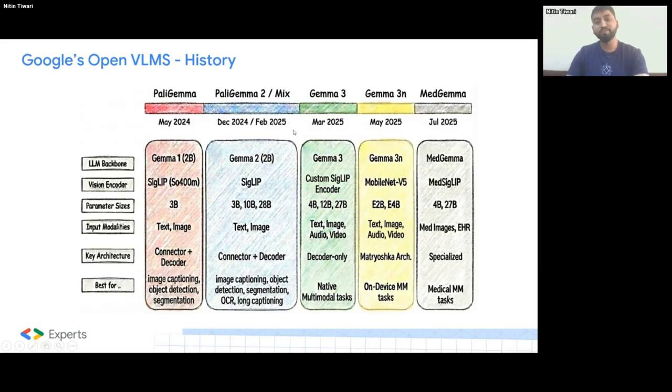Then in the month of Feb 2025, they came up with PaliGemma 2 Mix. So Mix was nothing but a fine-tuned version of PaliGemma 2. When I say fine-tuned, the model weights can be pre-trained or fine-tuned. Mix is a combination of both. So if you want to train the model, or if you want to run inference on something which has more